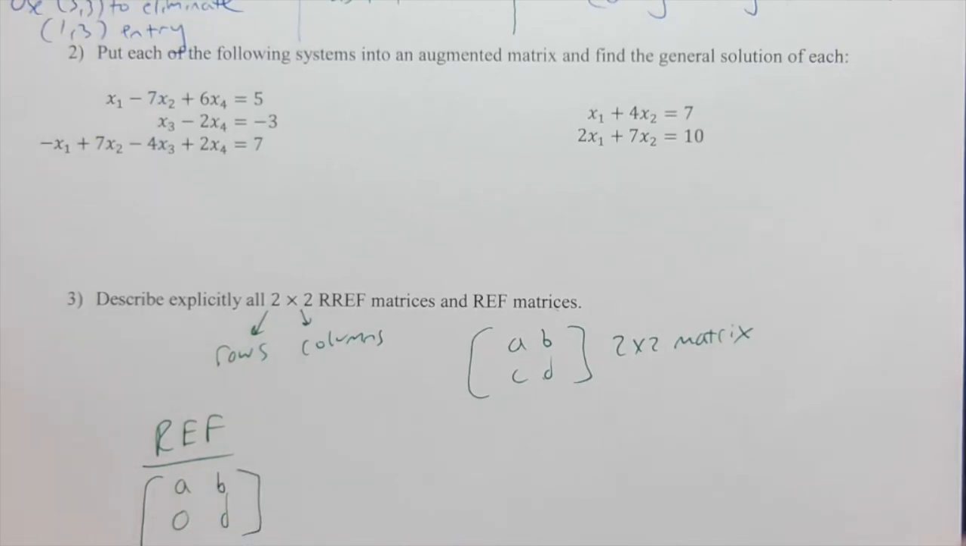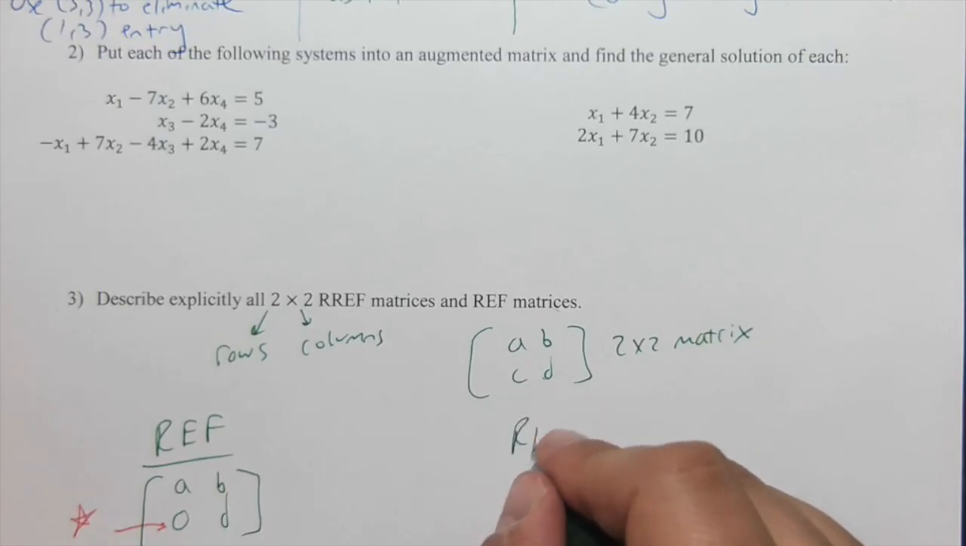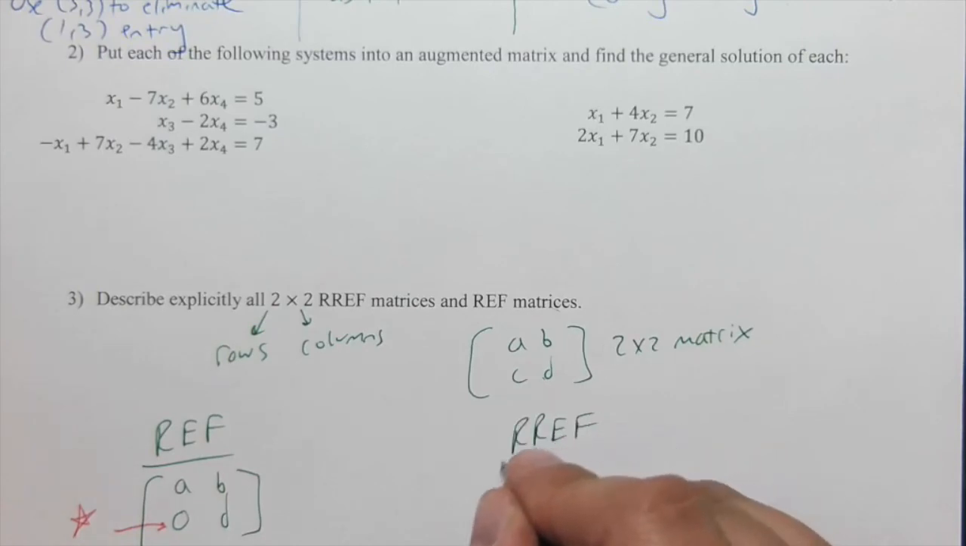Right? And so we need to have a 0 in that spot. The C equals 0 in this one, right? And D could be 0 or not. And it would still be an REF. If we want it to be fully reduced, our REF would look like this,